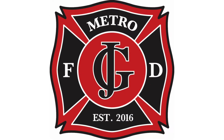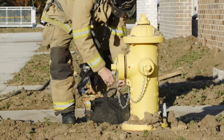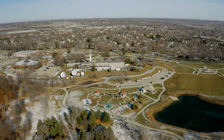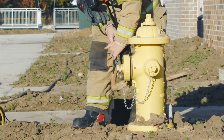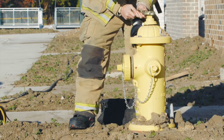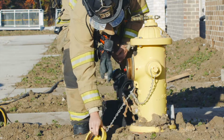Fire hydrants are an important aspect of the fire protection for the buildings in our jurisdiction. In both the cities of Grimes and Johnston, the code requires fire hydrants to be placed within 150 feet of a building and along an approved route. Buildings equipped with a fire sprinkler system are required to have a fire hydrant to be placed within 100 feet